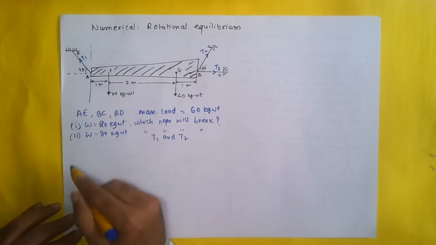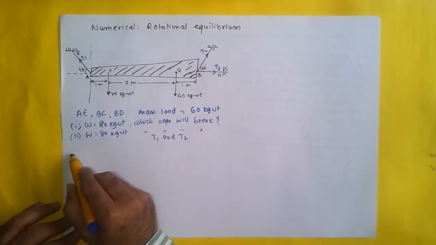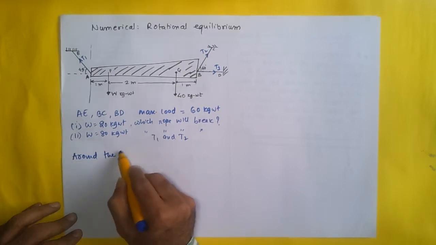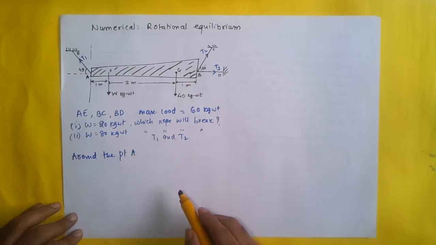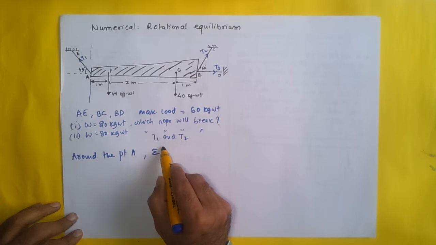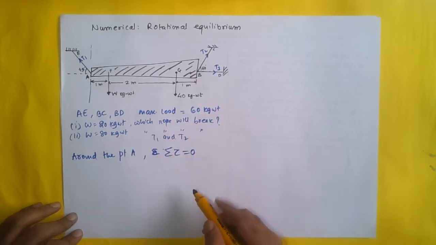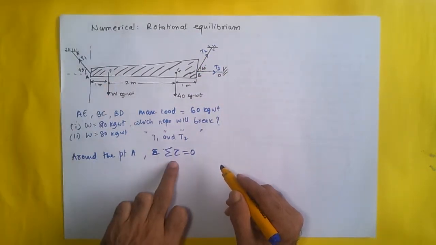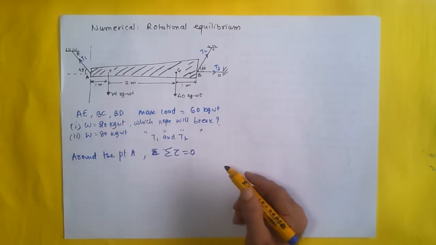So we will first find out the moments around the point A. That means around this particular axis. We'll apply the principle of moments, or the formula of sigma tau equal to 0. And then we will do it across B and see what happens. So if I take point B as the axis of rotation, and if I apply sigma tau equal to 0, I'll have to find out various torques which are acting on this.